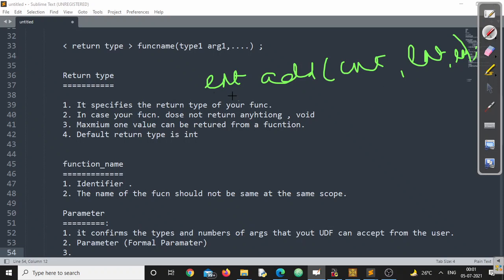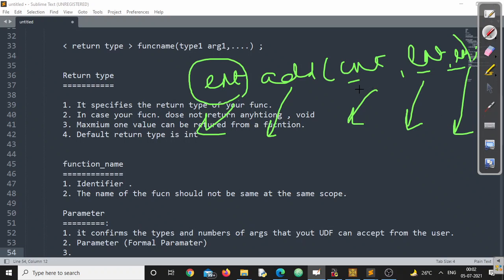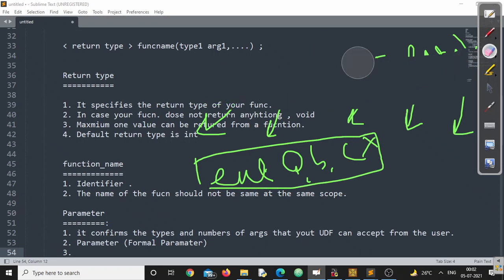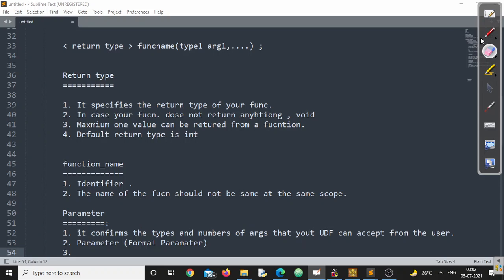Now what does it justify? The return type of the function will be integer. The name of the function would be add. Remaining three, there are three arguments. The first argument should be integer, second argument should be integer, third argument should be integer. You have to write in this particular pattern. What you cannot do, you cannot write like A, comma B, comma C. This is a wrong way to write. Remember this point. The only way you can specify the arguments are data type, argument name, comma, again data type followed by argument.